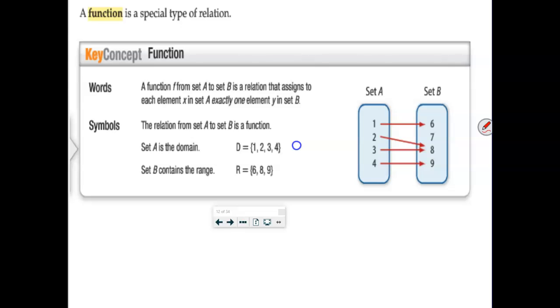The official definition that they're trying to illustrate to you on this page is whether a set of ordered pairs is a function or not. So any set of ordered pairs is called a relation. And they want to know if we can consider this one to be a function. So